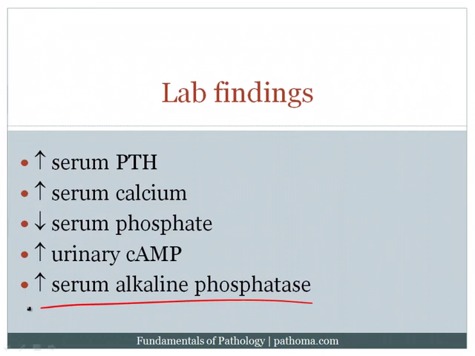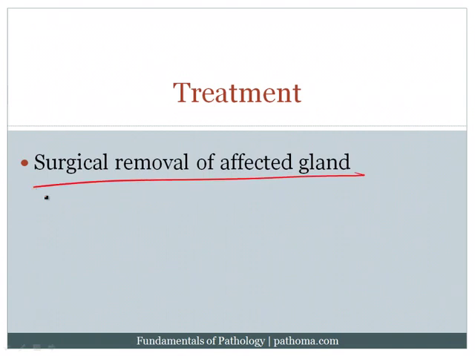Well, the answer is that remember that the PTH doesn't directly activate the osteoclast. It actually activates the osteoblast, which is going to lay down bone, and at the same time turn on the osteoclast, which will eat up bone. And so the osteoblast is actually going to be turned on. It's going to lay down bone, and when it lays down bone, it actually produces alkaline phosphatase. So the alkaline phosphatase is actually a sign of osteoblastic activity, and that's because, of course, the PTH receptors are on the osteoblast, so that becomes high yield as well. The treatment is surgical removal of the affected gland, and so, for example, if there's an adenoma, you'll simply remove